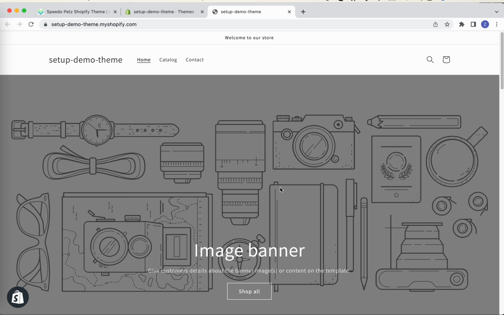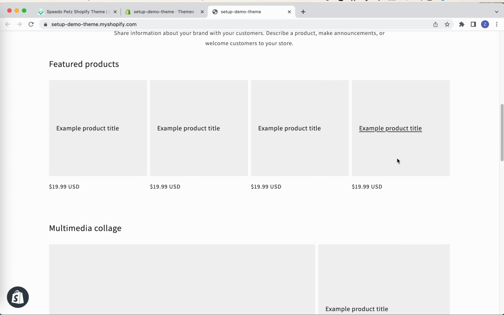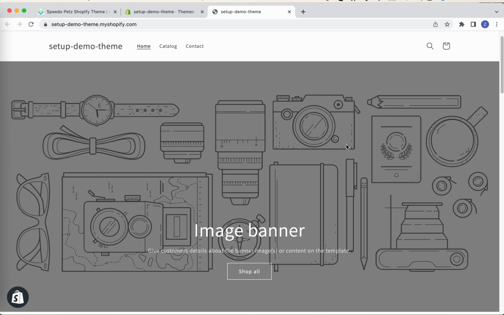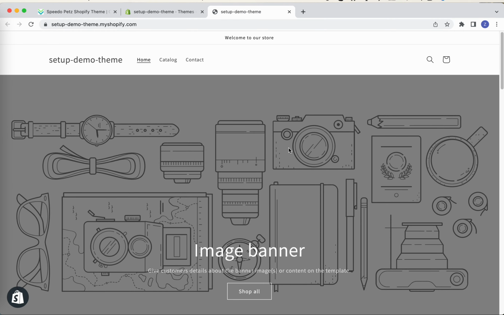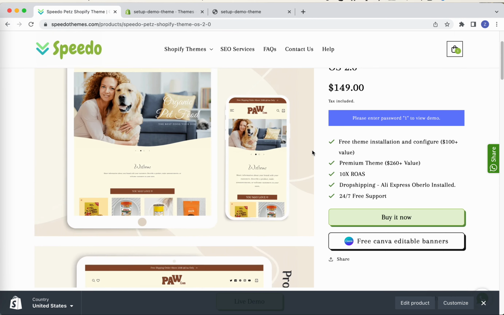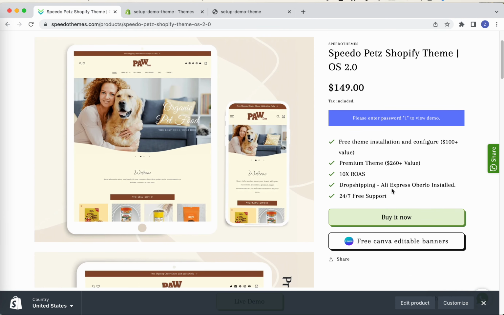I'll show you how to install a Shopify theme on a new store or your existing store. A new store looks like this, and an existing store will have some content, etc. So if you purchase a theme like Speedo themes, once you buy that theme, you will